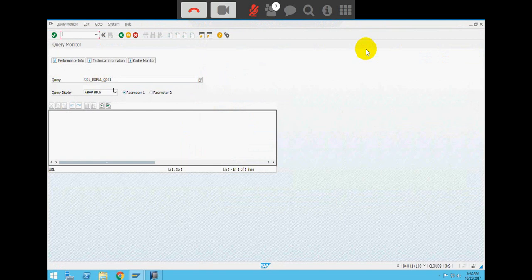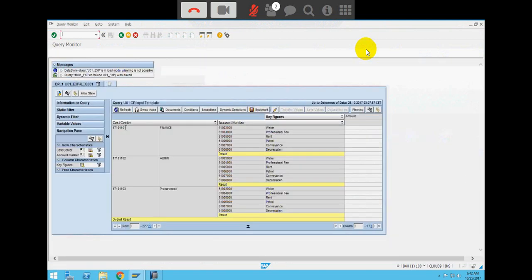Now what does it create? It creates multiple combinations. I have 3 cost centers and 7 cost elements, and for each and every cost center,